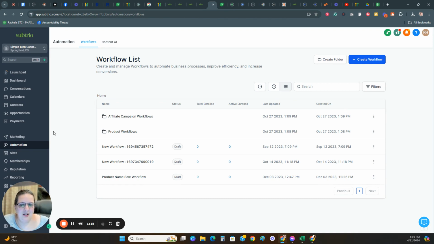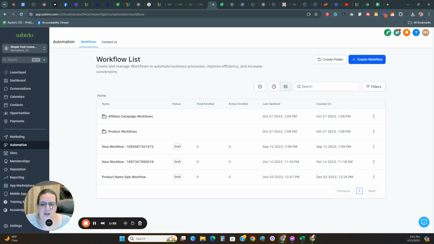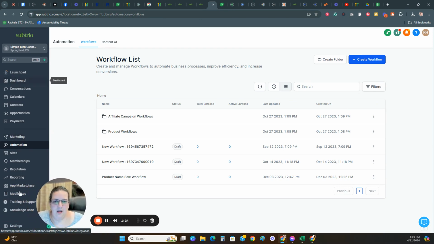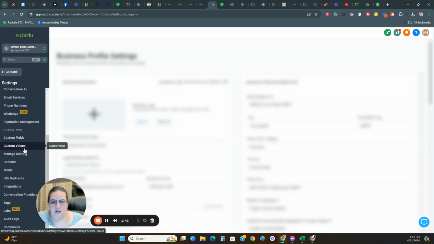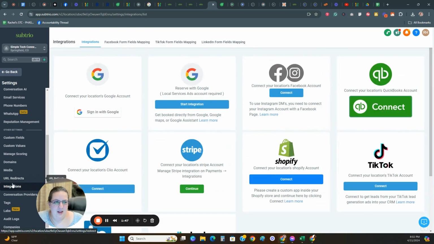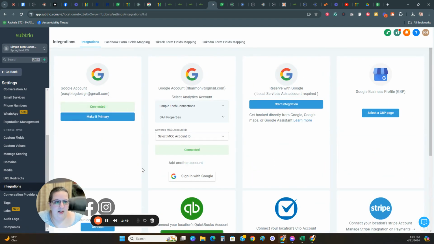So let's just jump in and talk about this. The first thing you need to do is come to your settings. I'm in my Subtrio dashboard, okay? So you need to go into your settings, okay? And once you're in there, you need to scroll down till you find integrations. Click on that, and that's going to open up this